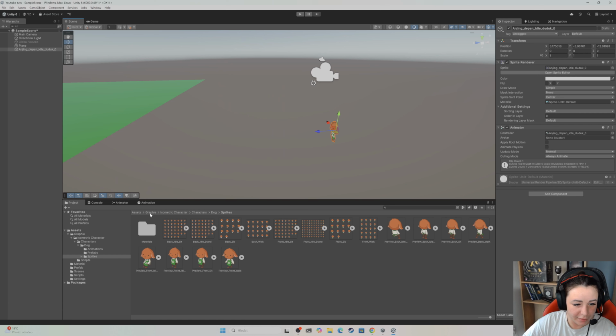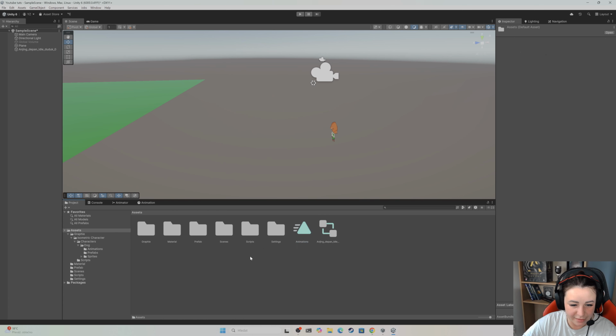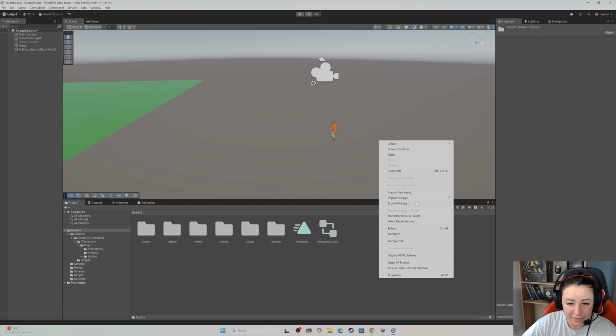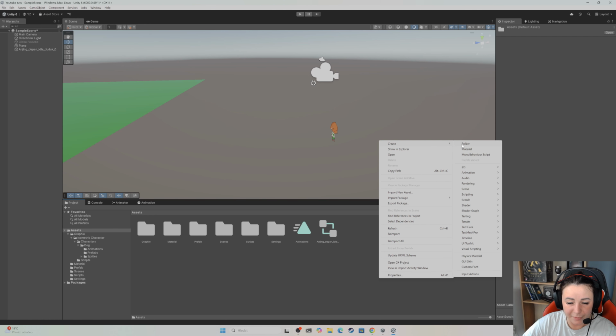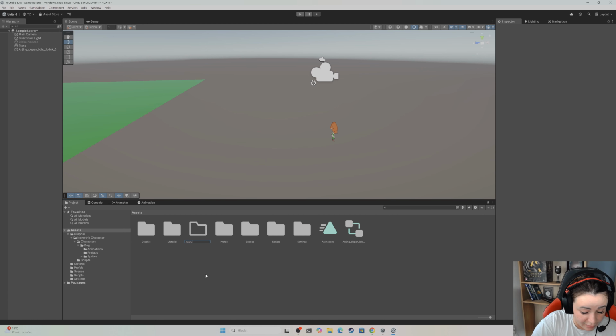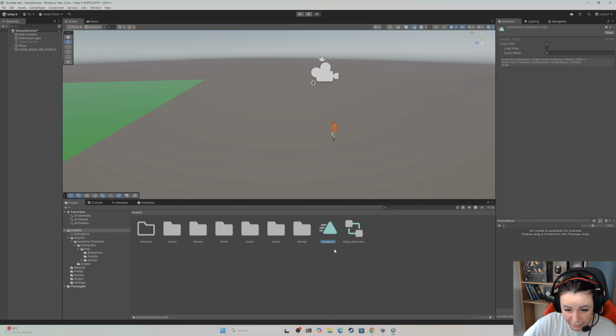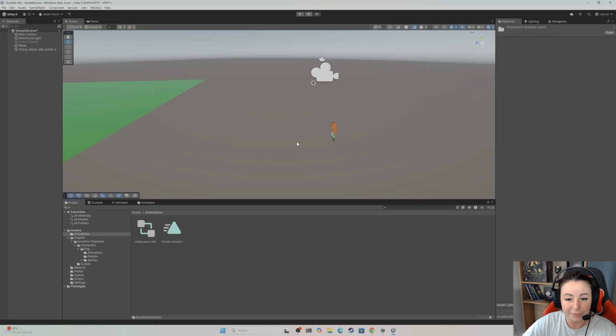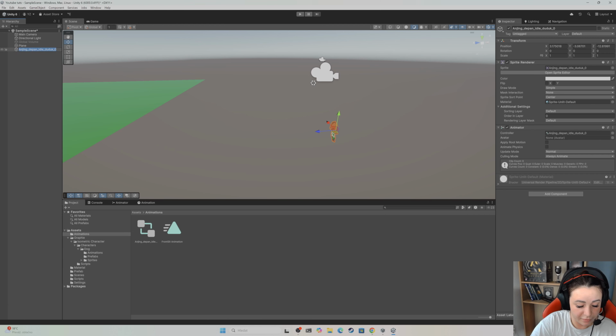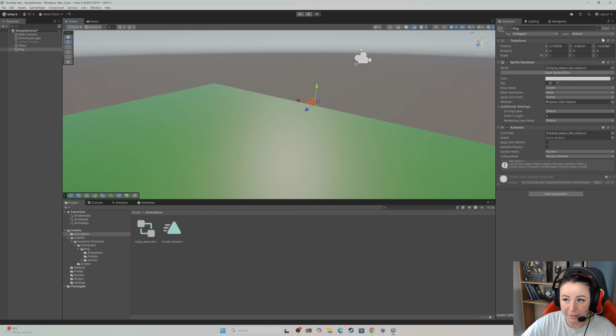I didn't create a new folder actually. I just created the animation. So animations, and let's just rename this to front sit, I guess. Front sit animation, and let's put all of it in the animation folder. So let's just rename it for dog, for example, and let's reset it to 0 0 0,